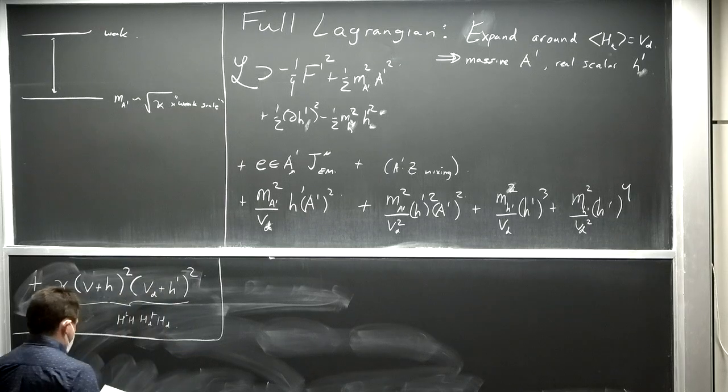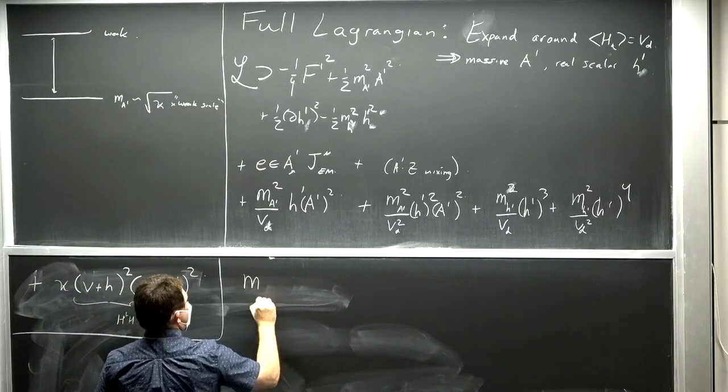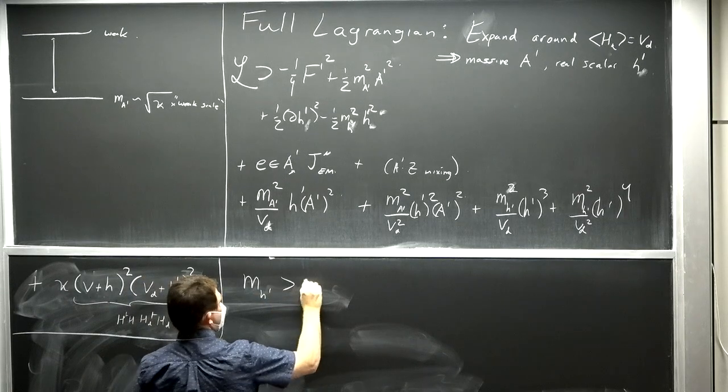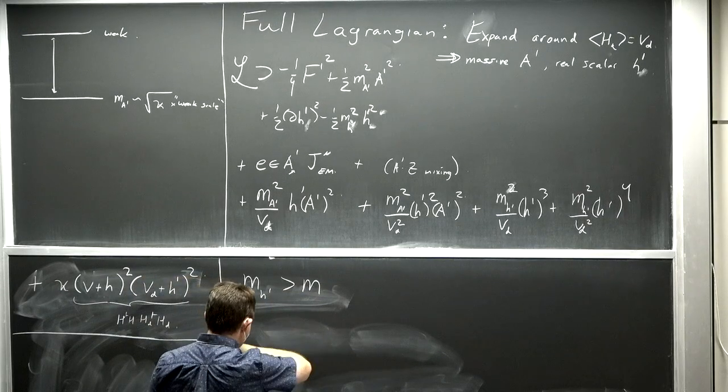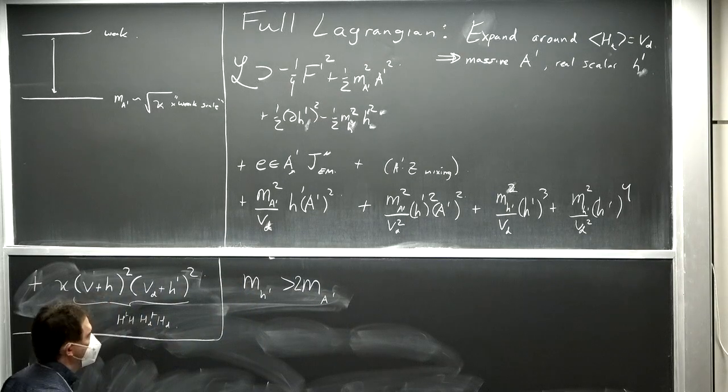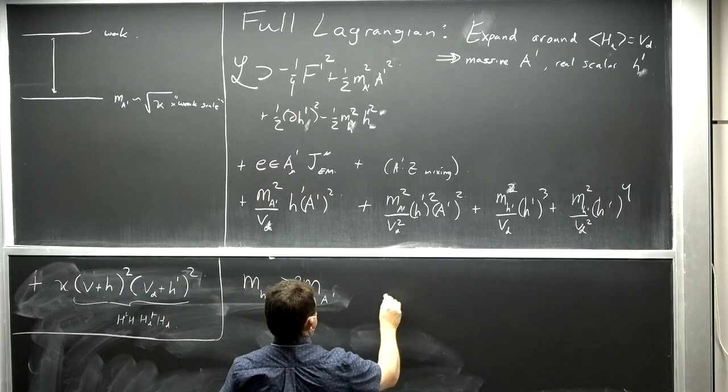So the first case, let's just for simplicity assume that M H prime, the dark Higgs mass here, is heavier than twice the A prime mass. Okay. So in that case,